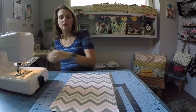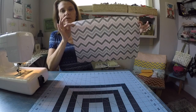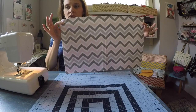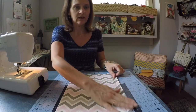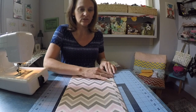So the spiral pocket or side load pocket is crafted from a larger piece of fabric, which is 20 inches wide by 13 inches tall. And you're going to fold that in half, and then along that nice folded edge, fold it over one more time to create a lip, stitch that lip down,